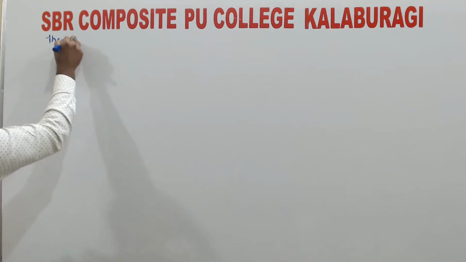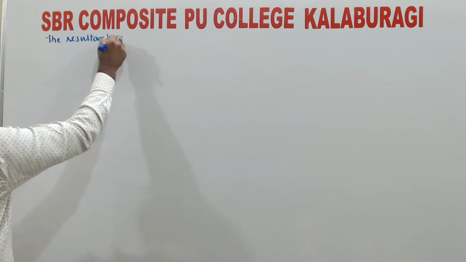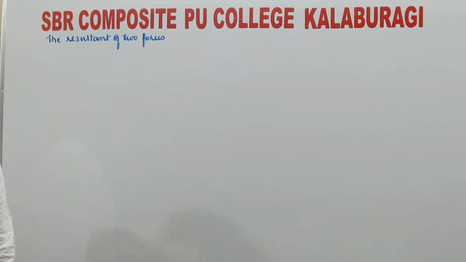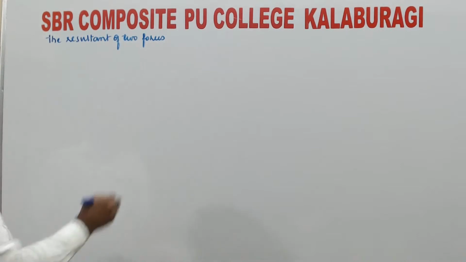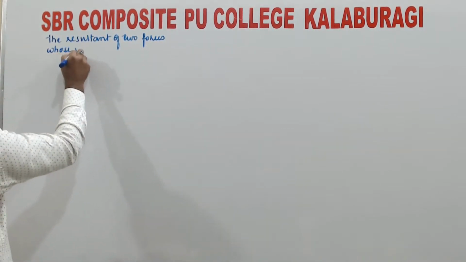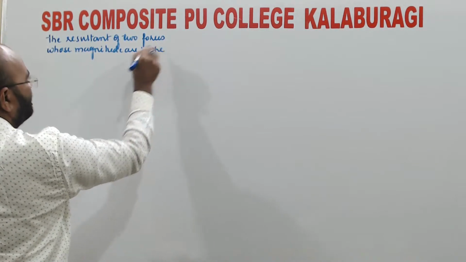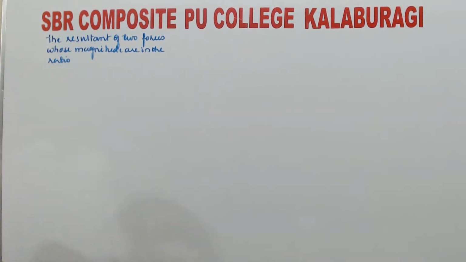And we have one numerical here. The resultant of two forces whose magnitudes are in the ratio 3:5 is